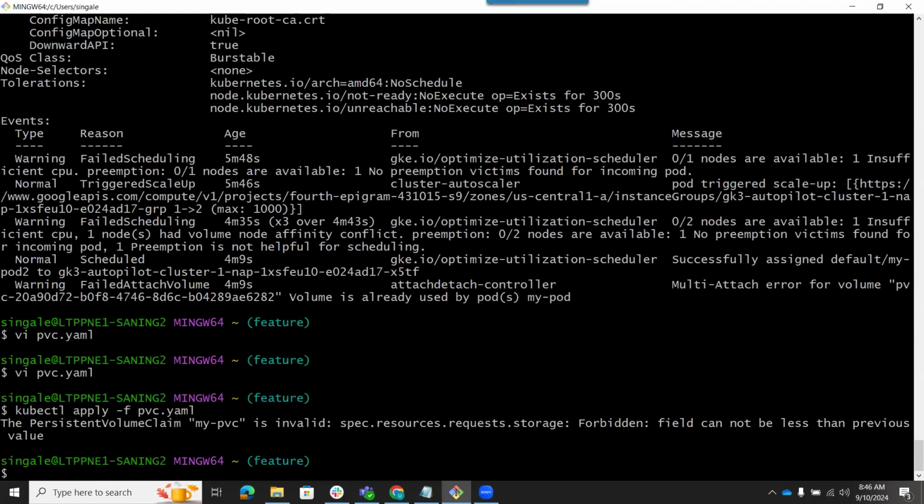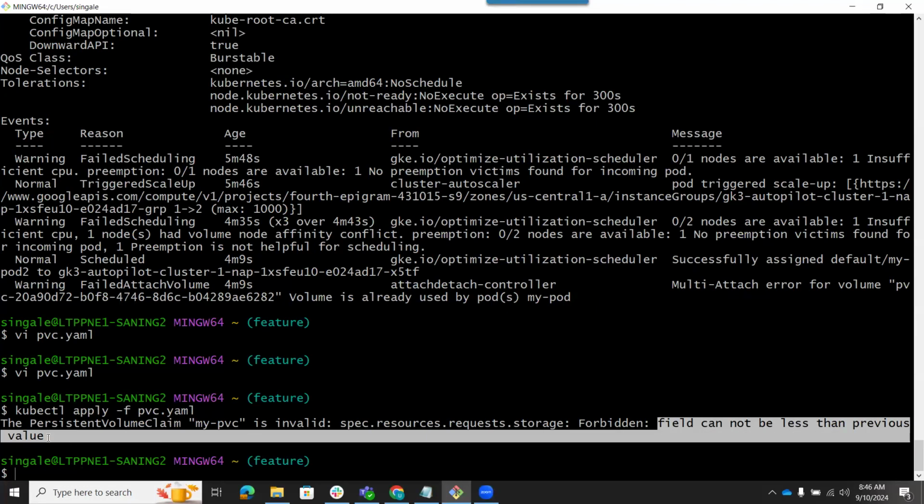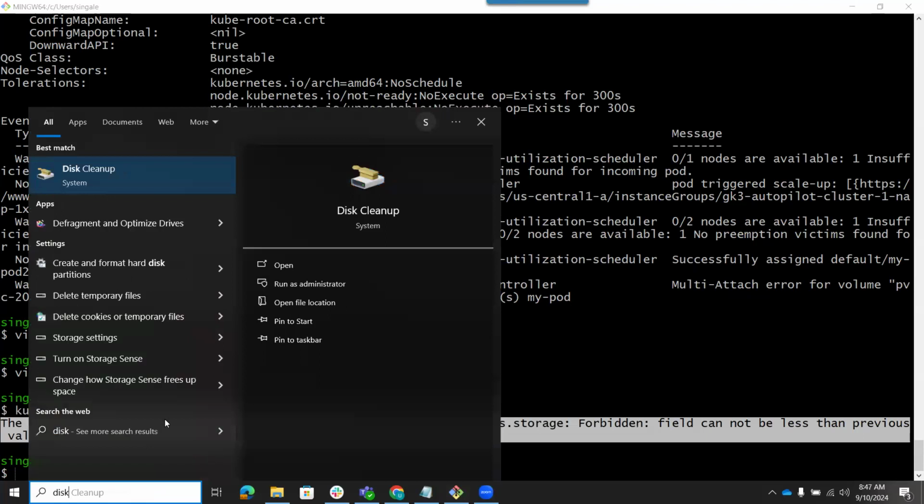So here you can see, this way we cannot make changes. The persistent volume claim my PVC is an invalid specification. What is the issue? Forbidden: field cannot be less than a previous value. It means once we have created a PVC of 10 GB, we cannot lower it. We can increase it. If you see the disk manager in our computer as well,